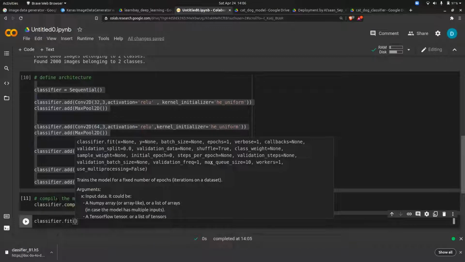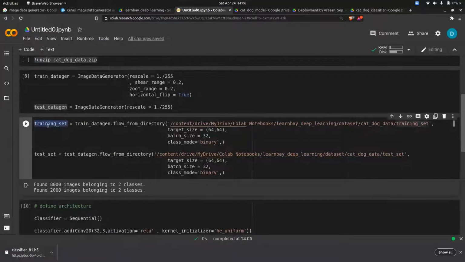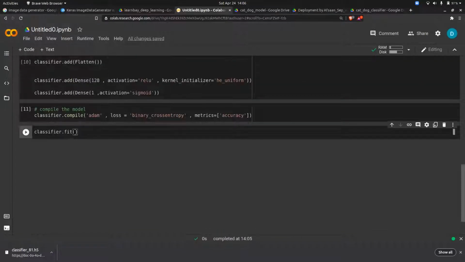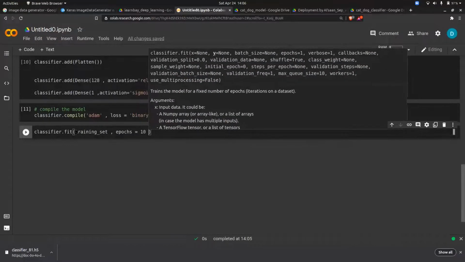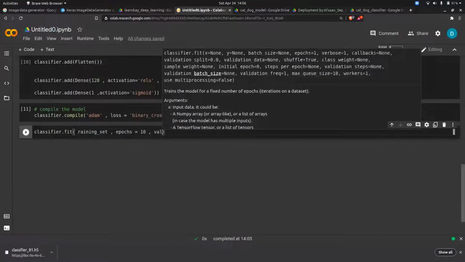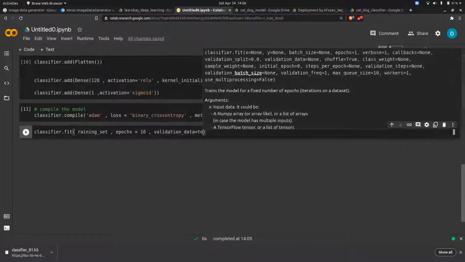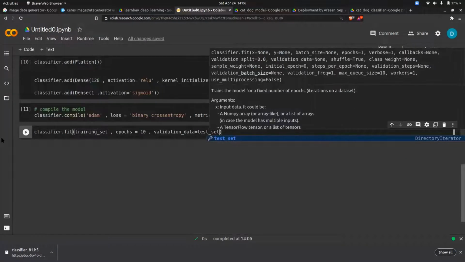Keras has a functionality where if you just put the training set, it will accept that. Then how many epochs do you want to go for? I want to go for 10 epochs. And validation data, what is the validation data here? Test set. Okay, done. The job is done. Run this